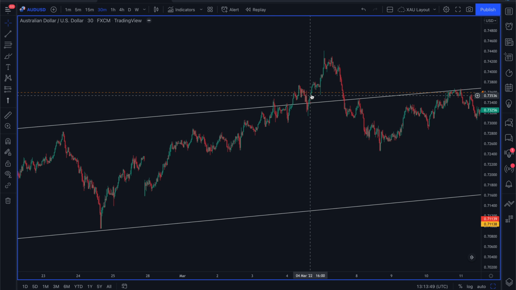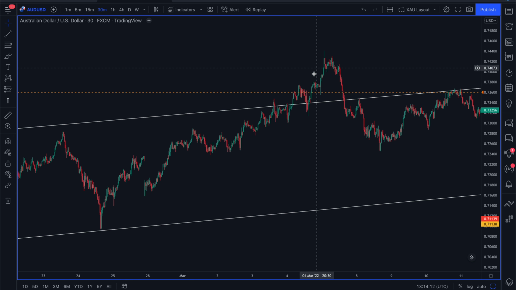So we would have waited again for a break and then the retest, price has come down. And as we can see, it's gone back under and it's actually retested here instead and then gone on to set bearish structure. So we wouldn't have actually placed a trade here. That's why it's extremely important that you do wait for a break, the retest, and then to start seeing bullish